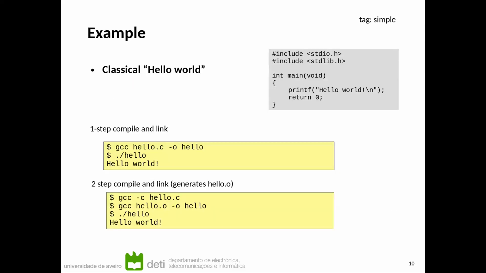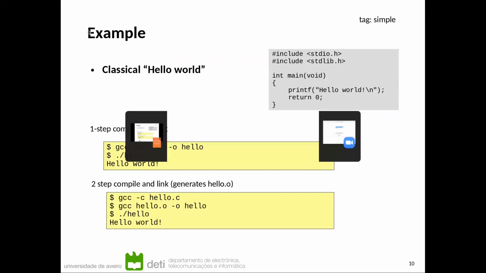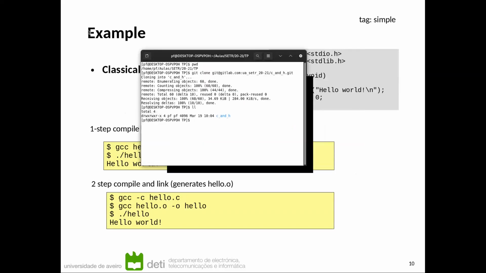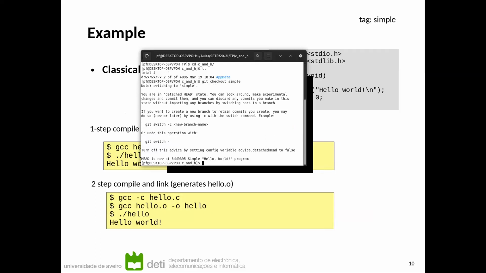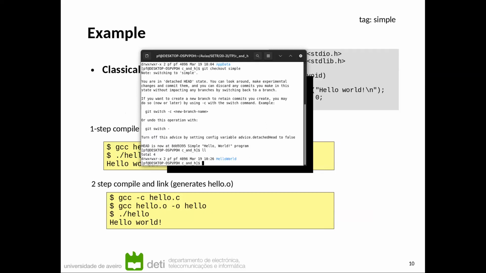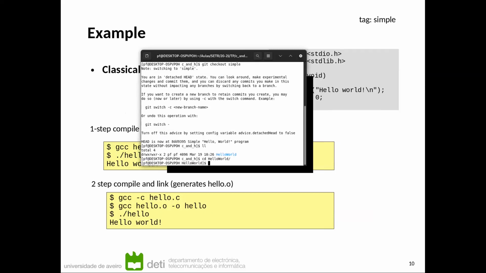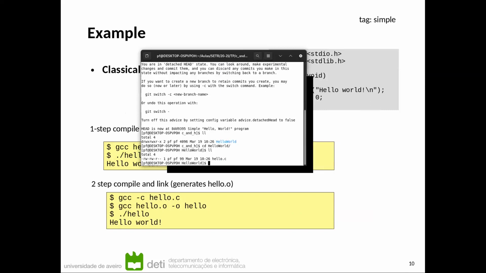So let's see, this is the standard example, the classic hello world, and I will do the same steps that Carolina did on her PC. So I will write git checkout and then the tag simple. And now I have a folder called hello world, and I will change directly into that. I have a hello.c file, and to compile this,